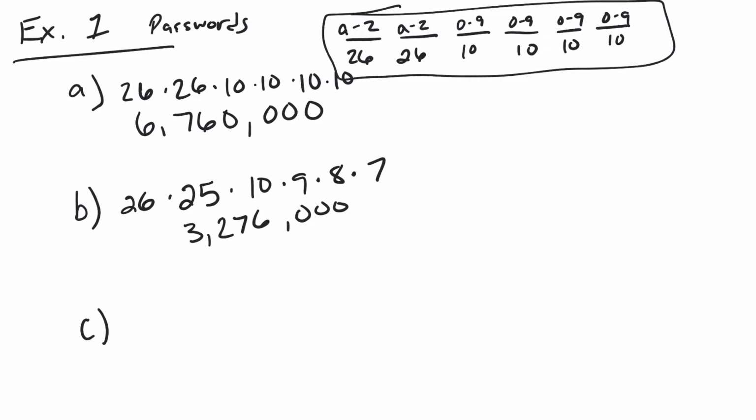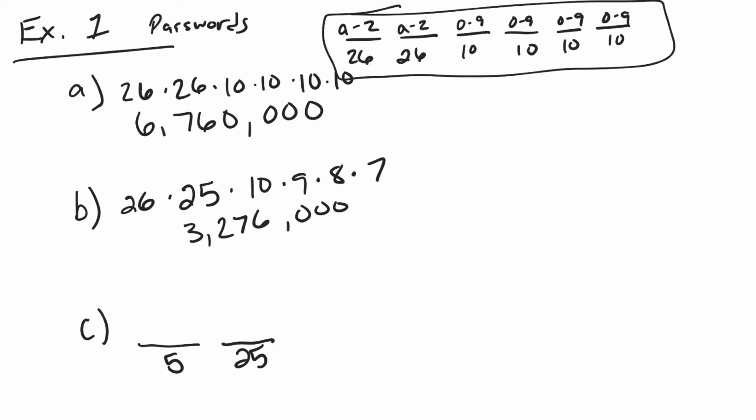And then for example C, it says the first letter has to be a vowel: A, E, I, O, or U, and the first digit cannot be a 0, and repetition of letters and digits is not permitted. So for the first slot, you have to have a vowel, so there's only 5 choices there. The second slot can be any letter, but you can't repeat. So if you used A in the first one, you can't use A here, so there'd only be 25 other